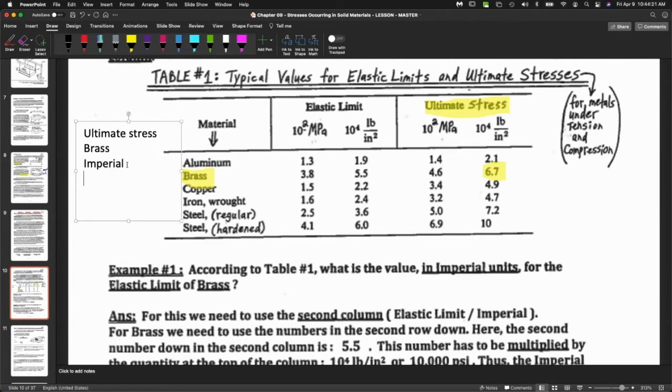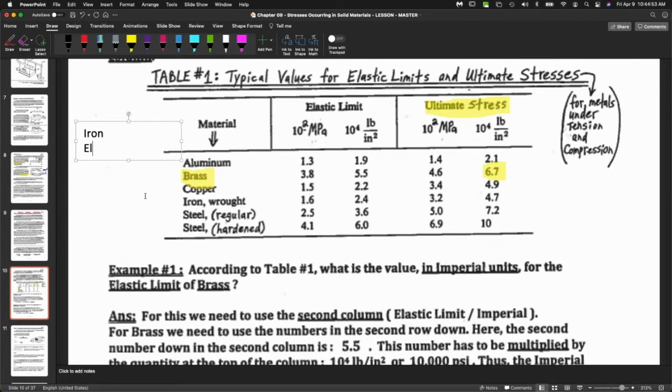So the final answer is 67,000. So we'll have your 6.7 times 10,000, because 10 to the 4 is 10,000. Now, where it says LB per square inch or pounds per square inch, I'm just going to write PSI. So final answer, 67,000 PSI. Okay, so that's one, right? One more. Let's do